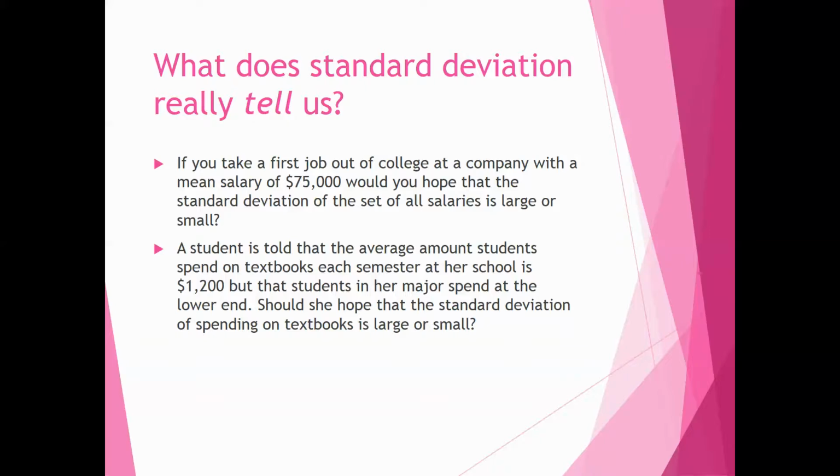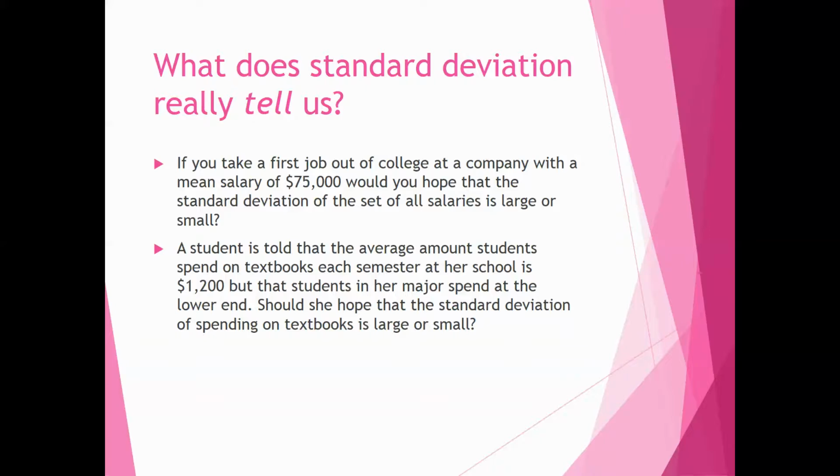So when you say the standard deviation is small, that means that the numbers are more or less close to $75,000. If it's large, they're spread way out around it. Well, if you're going to be at the low end, then you hope they're close, so you hope the standard